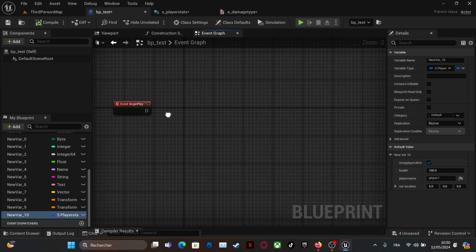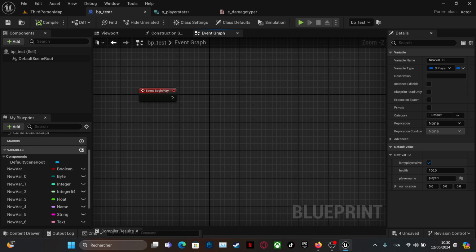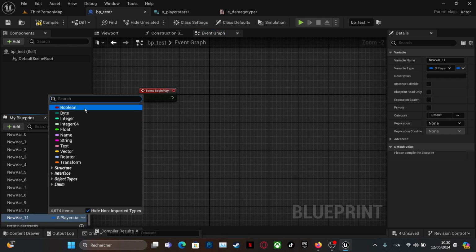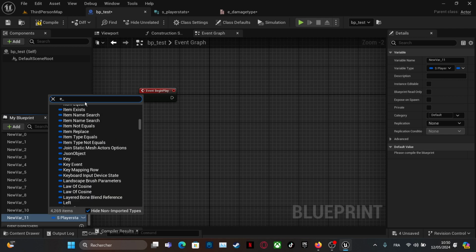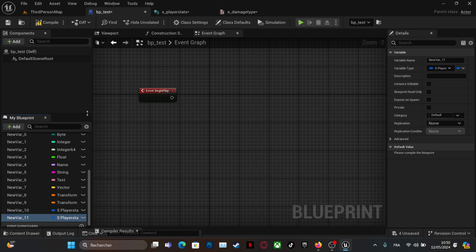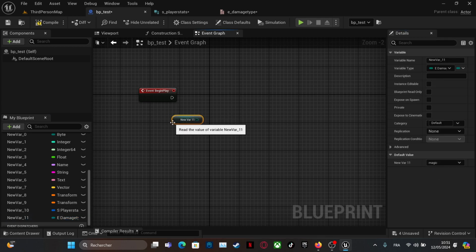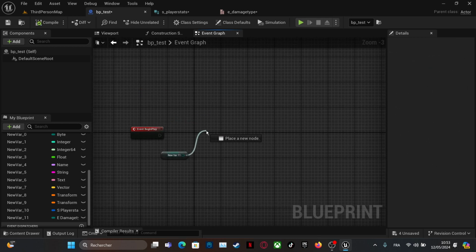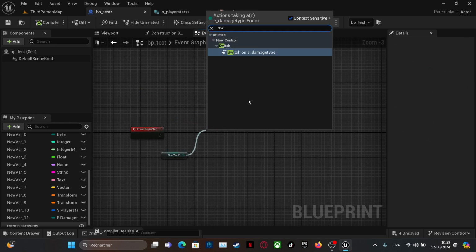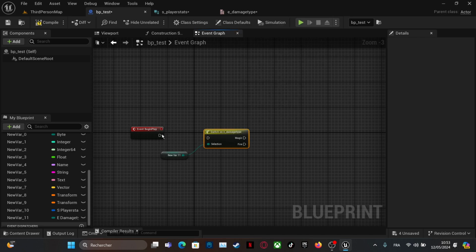Go to our PP test and let's create a new variable of type E underscore damage type. Apply here and you can see it has 2 damage types, magic and fire. So we can get our variable here, and we do a function named switch on the enum.